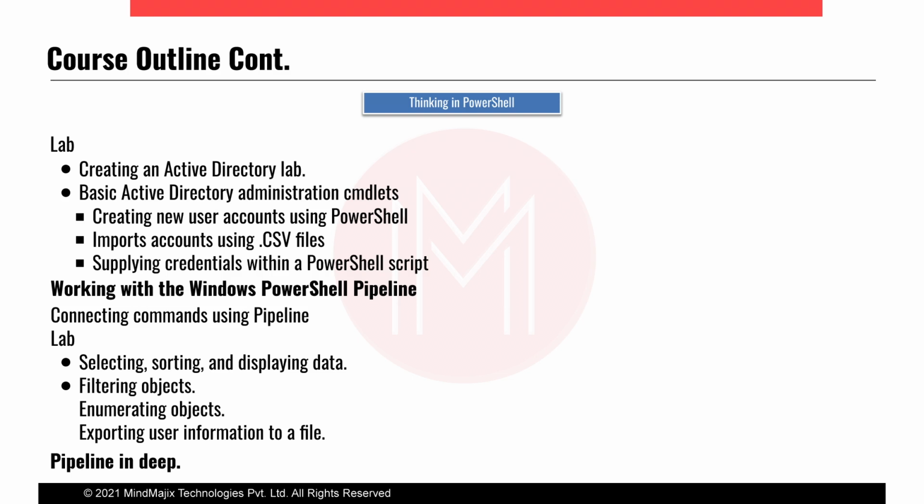So if we want to write efficient PowerShell code, efficient PowerShell scripts, we should have a good understanding of joining different commands, so that if our task in hand is divided into multiple objectives, like 4 or 5 simple objectives,